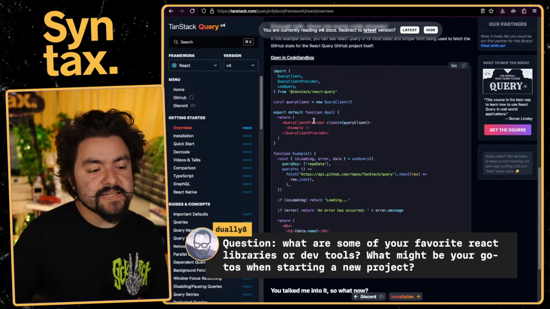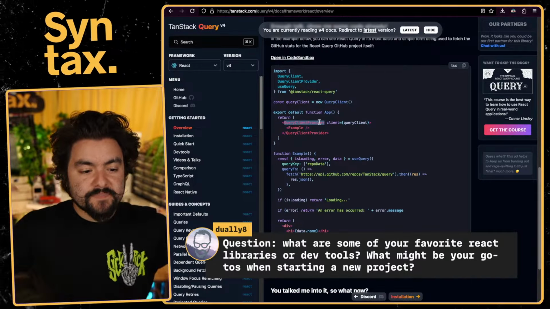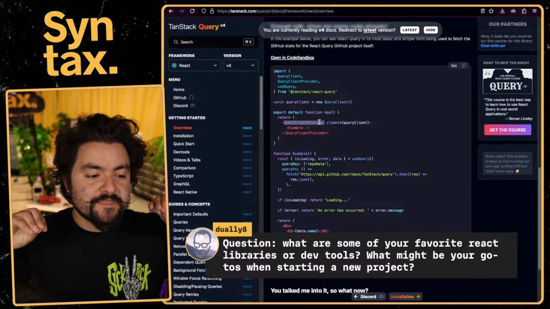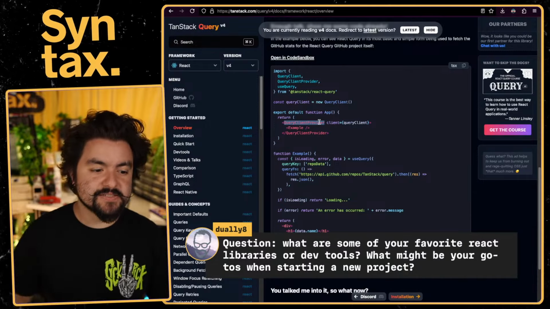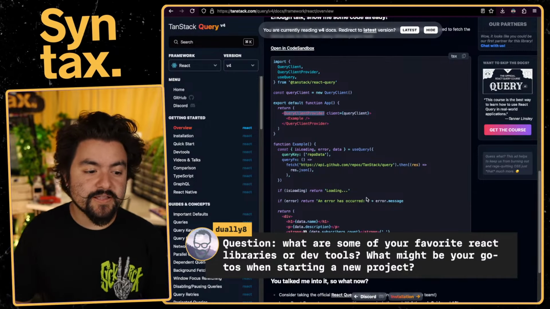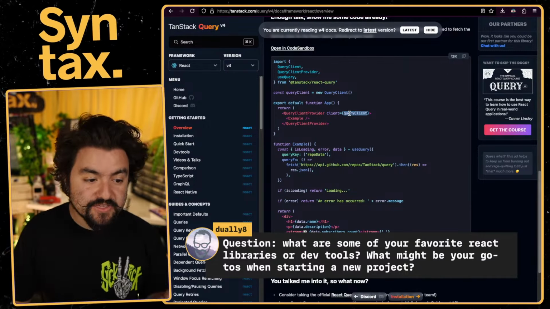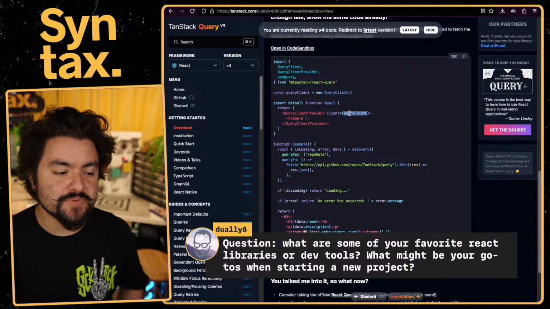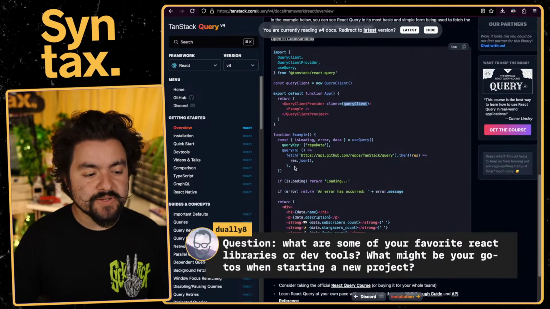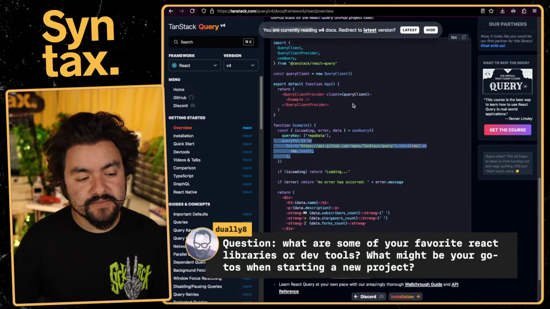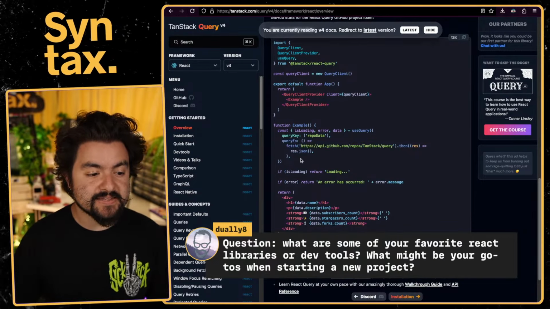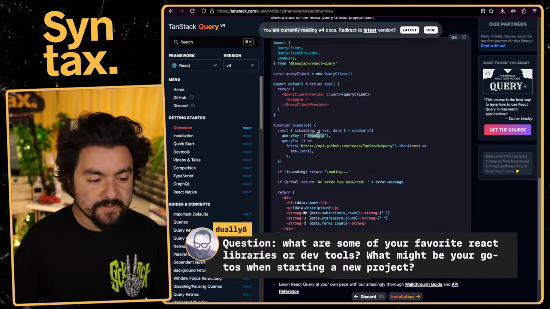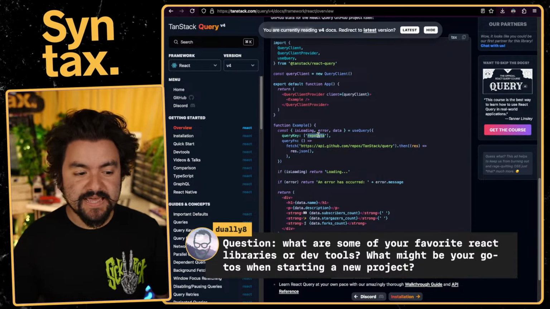And the idea is you have a query client that wraps your entire application, and then any components that need to make requests are all dealing with that same query client. And so that query client is caching things. It allows you to basically share them between two components, because when a request is made, that gets stored in the TanStack query cache. And if another component has this exact same query ID, if that request was cached, the